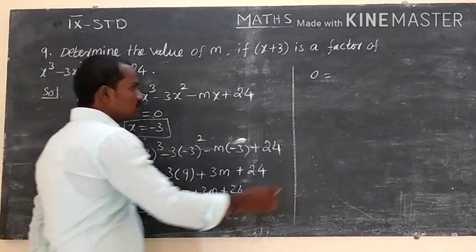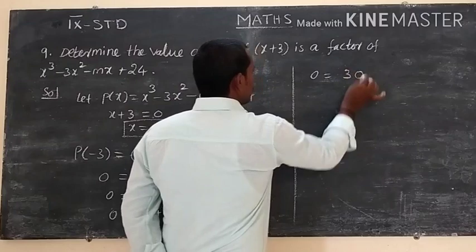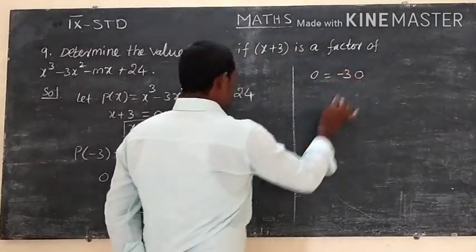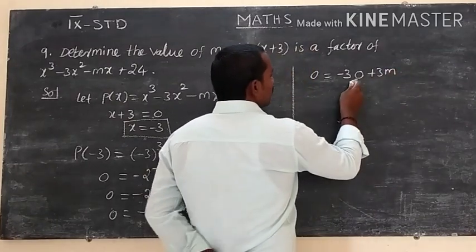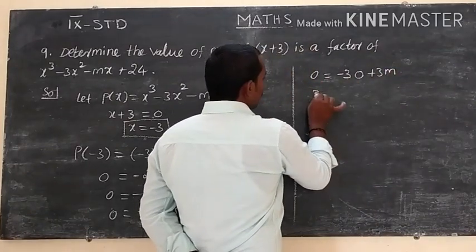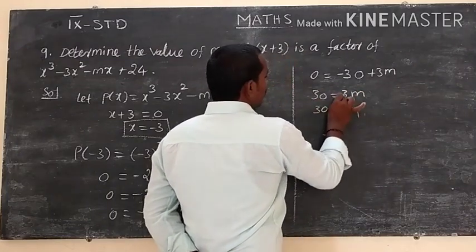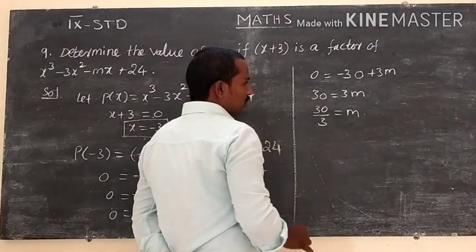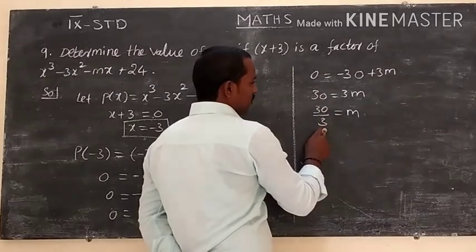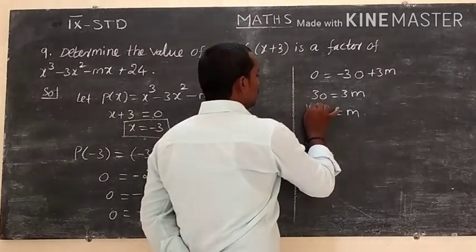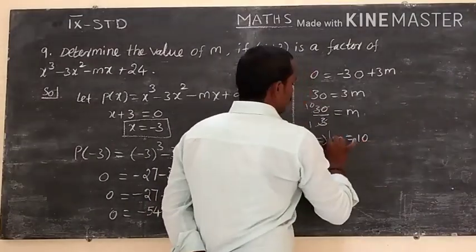Subtract both numbers and take the sign of the greater value. 4 minus 4 is 0. Then 5 minus 2 is 3. The greater value sign is minus, so minus 30 plus 3m. Taking the transposition, minus 30 on the left side becomes plus 30 equal to 3m. We only need m, so 30 divided by 3. Making the transposition, the multiplier goes to the left side as a divisor. So 1 three is 3 and 10 threes are 30. So m is equal to 10.